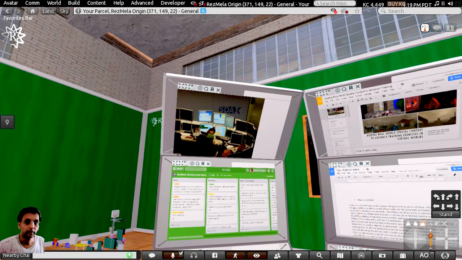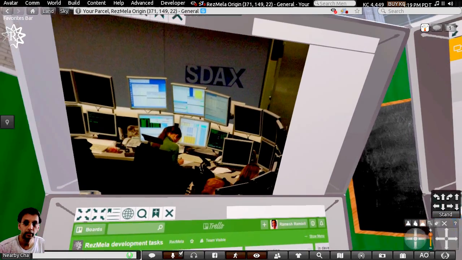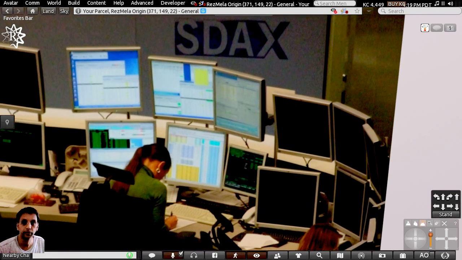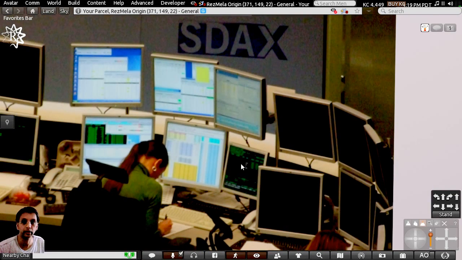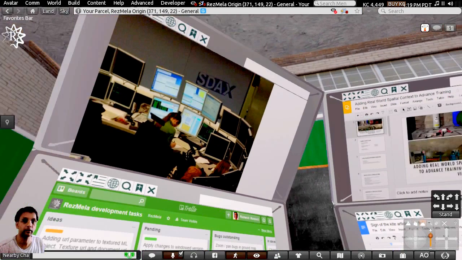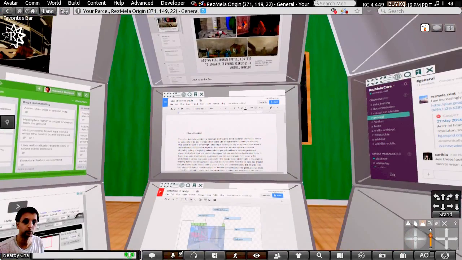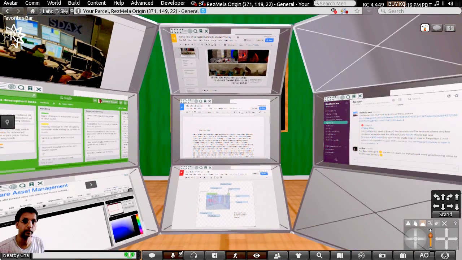But I think the choice in the future will be whether you want an environment with lots of screens around you, with the obvious limitations of the cost of displays and the physical space you would need to make this happen, or to have these displays in a virtual world,